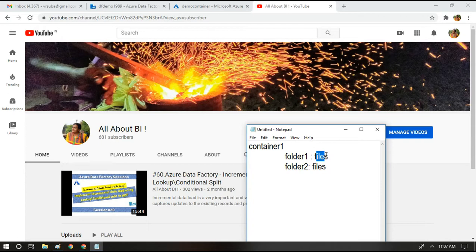So this is scenario number 1. In scenario number 2, you want to delete only certain files which meet some filter criteria. For example, the files which are older than 10 days or older than a month or older than a year. That's going to be the second scenario. If you follow the first scenario, then you will automatically be able to apply it for the second scenario.